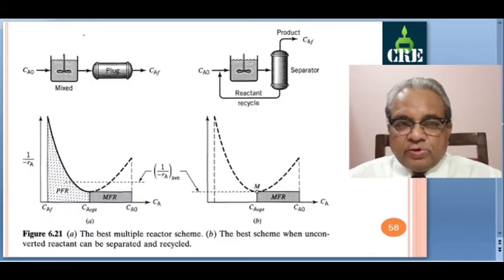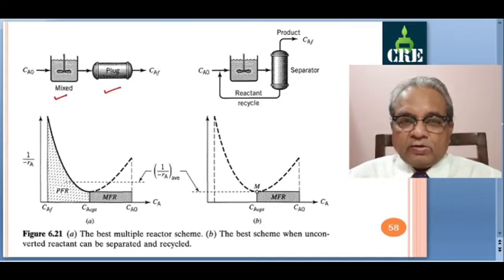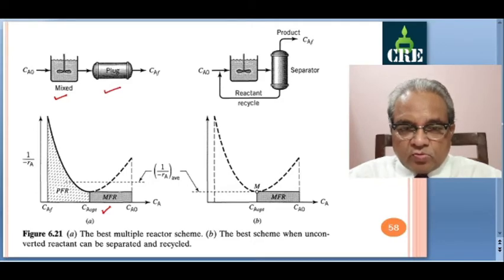Now here we will see two arrangements where we have a mixed flow reactor followed by a plug flow reactor. This is CA0, this is CA final coming out, and some intermediate will be there. If we consider this multiple reactor scheme, whatever is coming out here, this is CA0, this is CAF, and we say that this CA value is the optimum value, CA optimum, some value somewhere. And we can see here the mixed flow reactor is first. So from this to the optimum value, this rectangle is the area, and from this optimum value to this, the area under the curve. So the total is the total reactor volume.